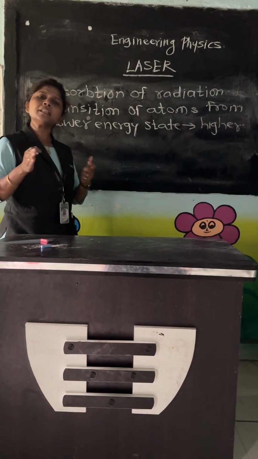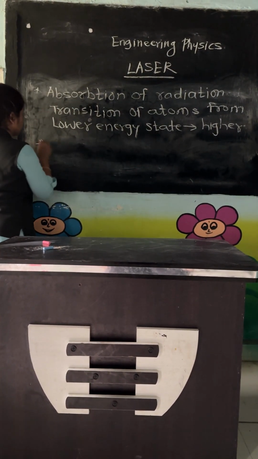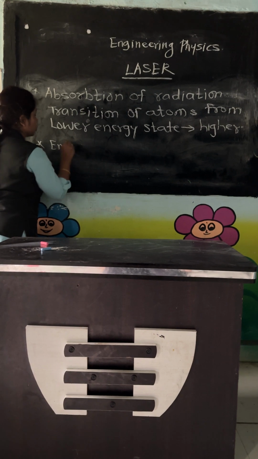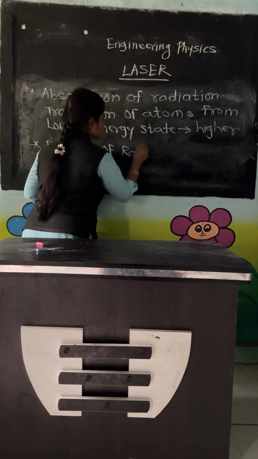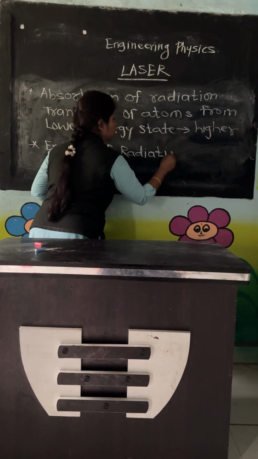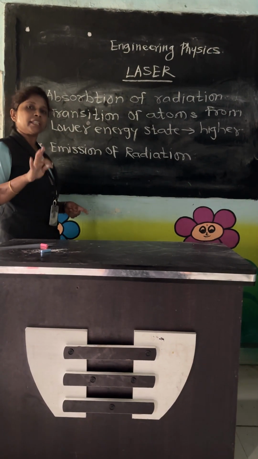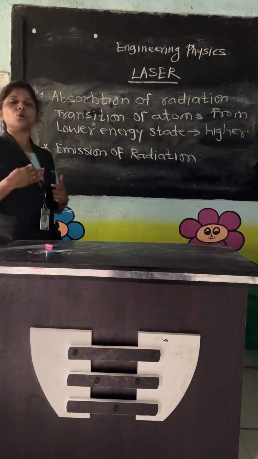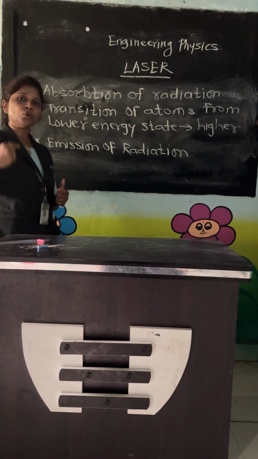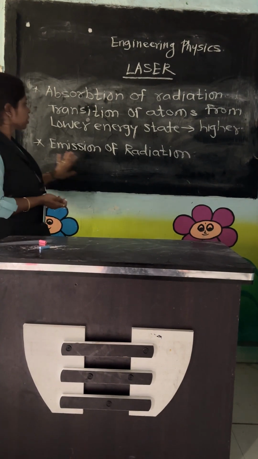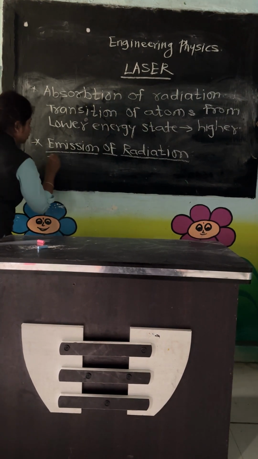And now exactly opposite to that, the second process is called emission of radiation. Emission of radiation is exactly opposite to absorption of radiation. In that case, the transition of an atom takes place, but that transition is from higher energy state to lower energy state. And hence, emission of radiation can be defined as the transition of an atom